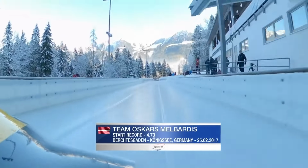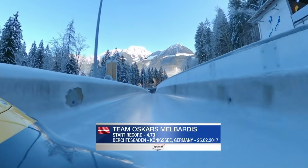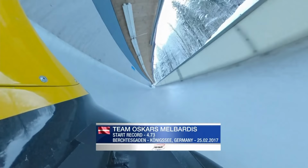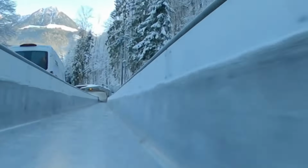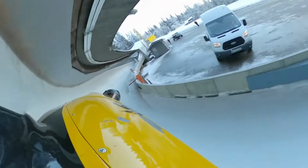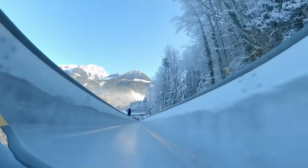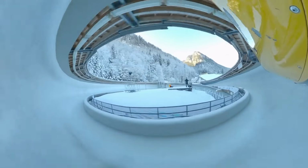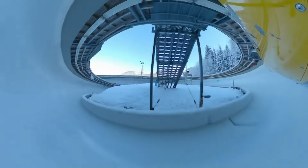We start off with a short start, very steep, and then it's a quite long runaway until curve 1, the Teufelsmühle. A little tricky if you get the entrance too much on the left side, and then you see going into the S-curves where you want to get a lot of height, getting all the speed you can, and then this fast combination S3, S4, going into the bend away. Bit of a straightaway, but as you can see, it's not straight, and most of the sleds will take 2 taps before going into Jenner, and then going into the 360-degree Kreisel with 3 waves, where you want to come